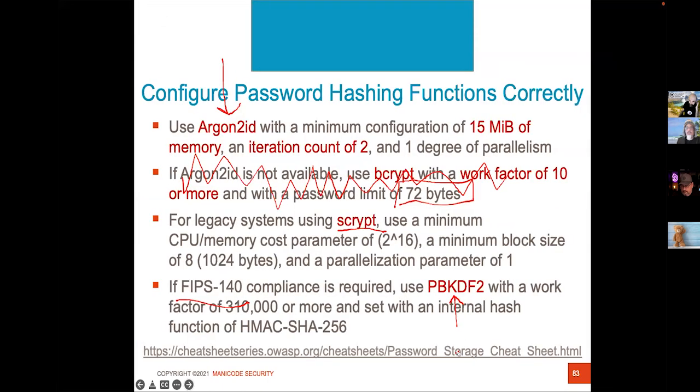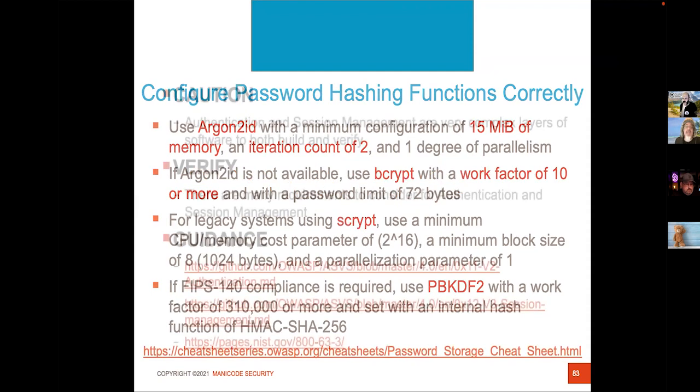So take a look at the password storage cheat sheet. I love this topic. You're welcome to issue PRs to the 5.0 branch if you think any of this is wrong. I worked with a member of the Hashcat team to give you as specific suggestions of how to minimally configure these algorithms as I could find. I'm always happy to change any of this as we get new information, and we're trying our best to keep it in parity with ASVS.